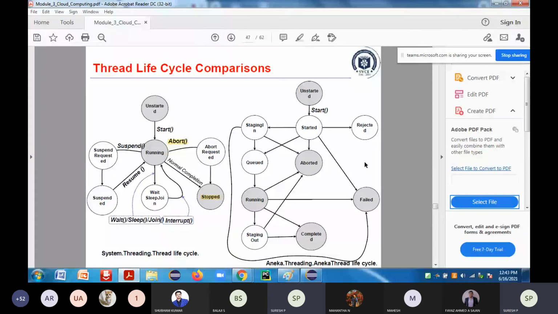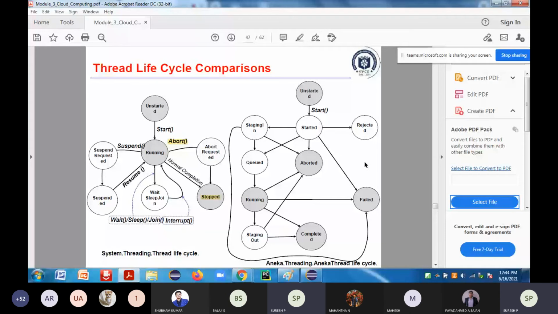But it is not going to support your interrupt state, right? From the figure, you can see that it's not supporting the interrupt state, since all the threads will be running in different systems. It is distributed, so this particular thread requires the distributed infrastructure. That's the reason.